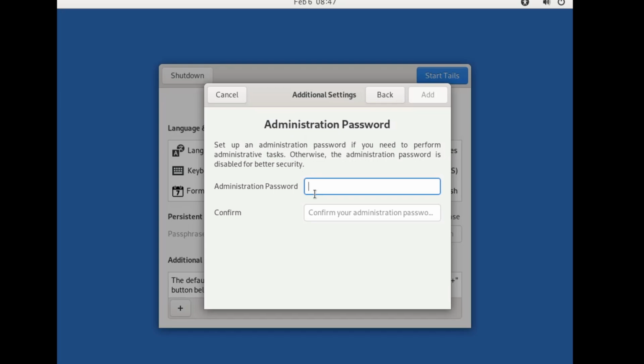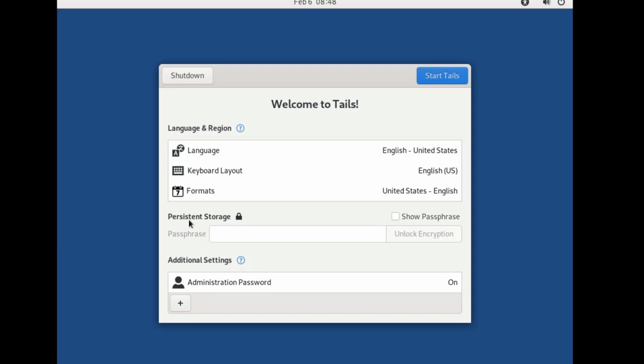So I will just take a simple password like 12345, and then you have to click on add. And now here you get another option of persistent storage, because what exactly happens when you connect your Tails OS USB to any computer, you browse anything, you download anything, and as soon as you disconnect the USB from your computer, everything is gone. But if you want to save any kind of data, then you will have to create a persistent storage